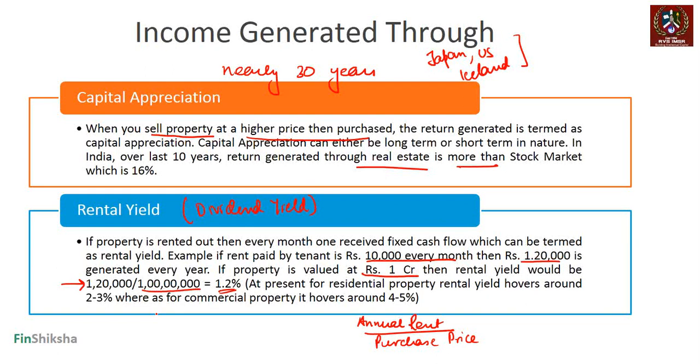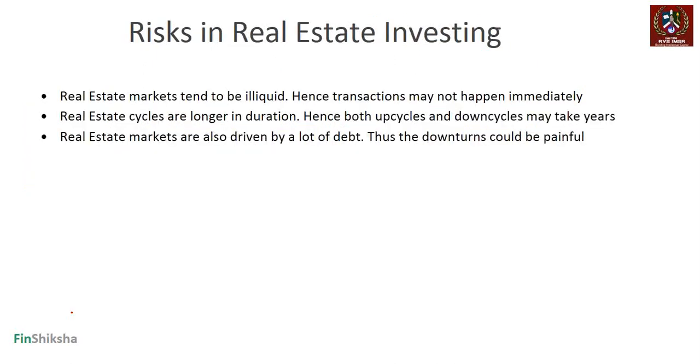At present, typically pan India, residential rental yields hover around 2 to 3%, and commercial property hovers around 4 to 5%, right? So those are the rental yields if you look at the longer term tenure at this point in time. Now, are 2%, 3% rates good? We're going to look at that now, right? So broadly, that's the key market, right? Now, think about it. The first way: if there is no capital appreciation for a moment, there is no capital appreciation, right?